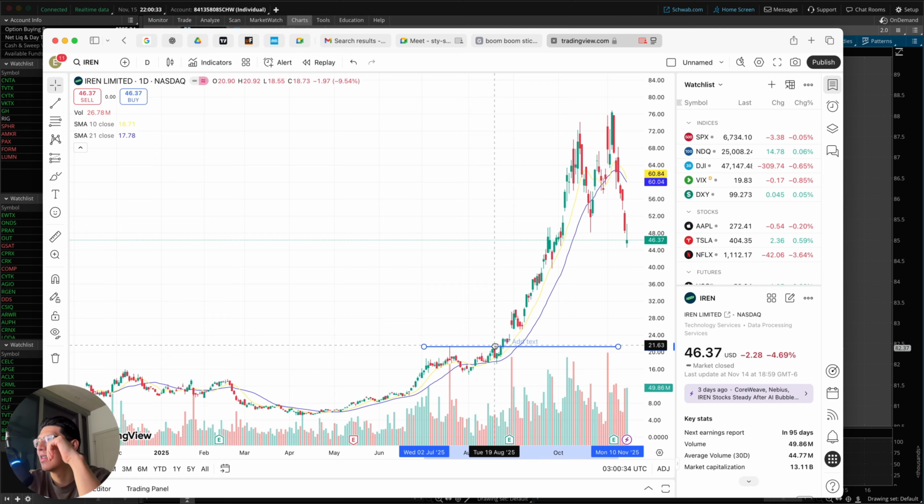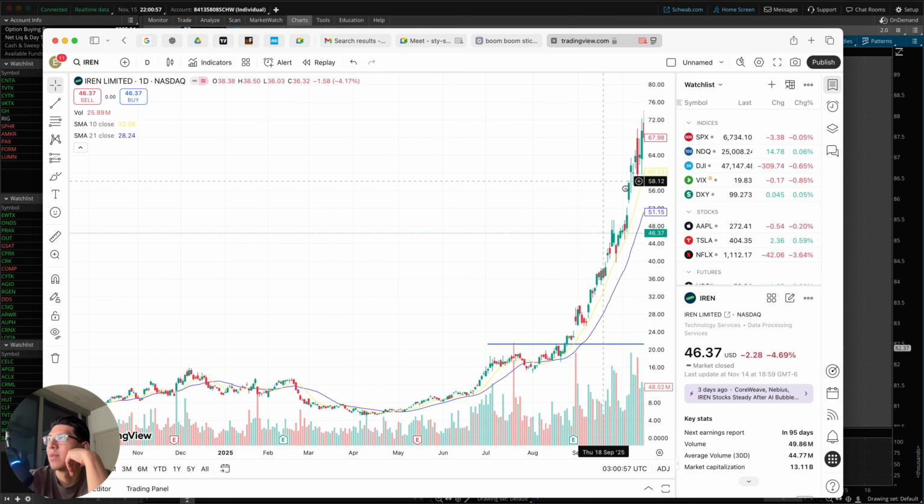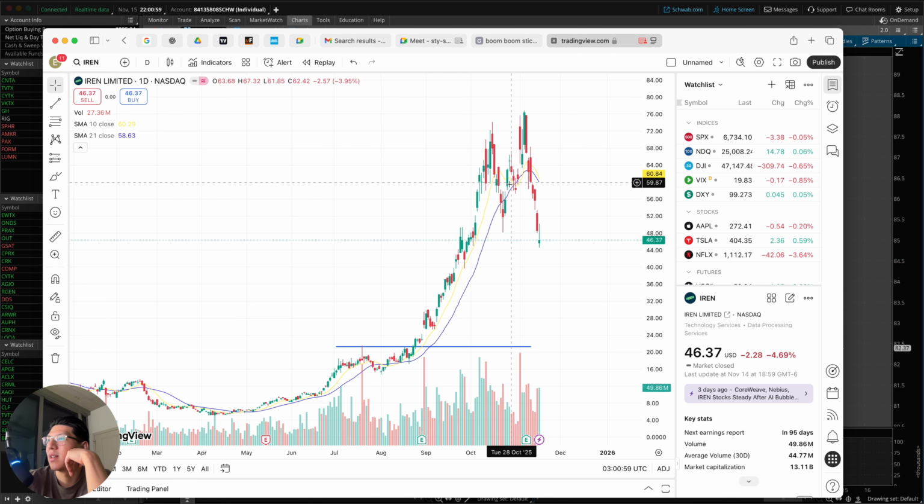Bro, I took it on this day right here, after we broke this day. We took it at twenty dollars and we rode it all the way up to $72 and we finally closed it on this day at $60. Because after that you see how it just flushes. Even if it recovers, we're just gonna flush regardless all the way back down. So that's why as soon as we break the 10, we just say forget it and that's it.